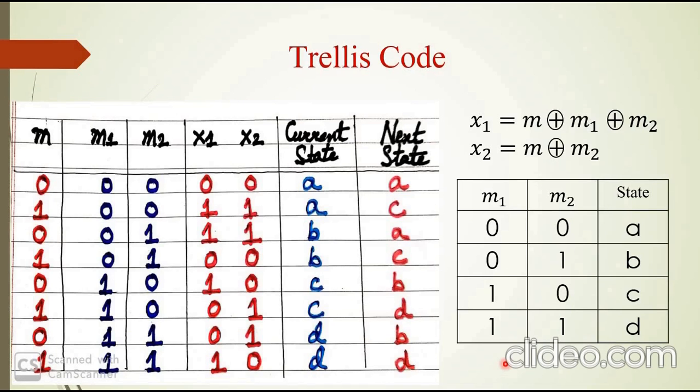To have all those possibilities, I have made this table, and we will solve it first. After that, we can easily make the code trellis out of it.